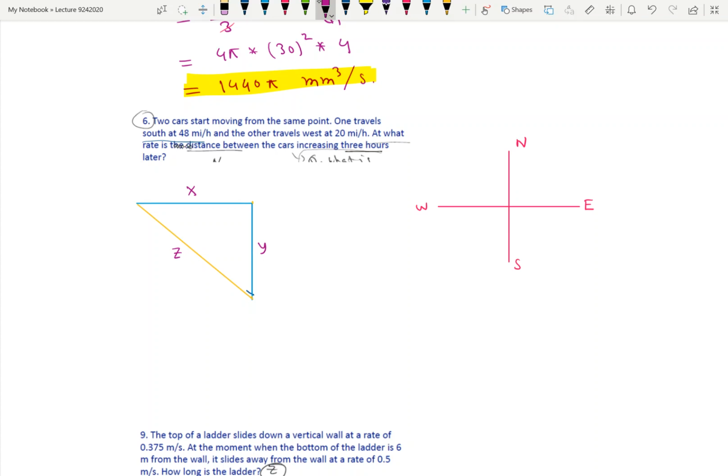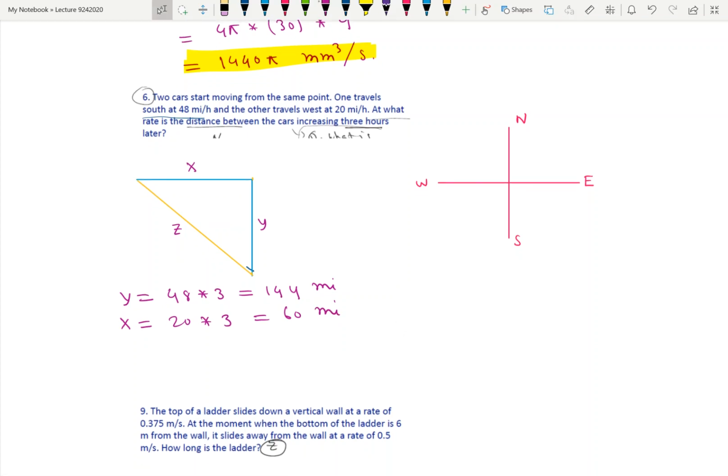So if it travels 48 miles per hour, then after 3 hours it goes, so Y would be 48 times 3, which is 144 miles, and x would be 20 miles, which is 60 miles, and